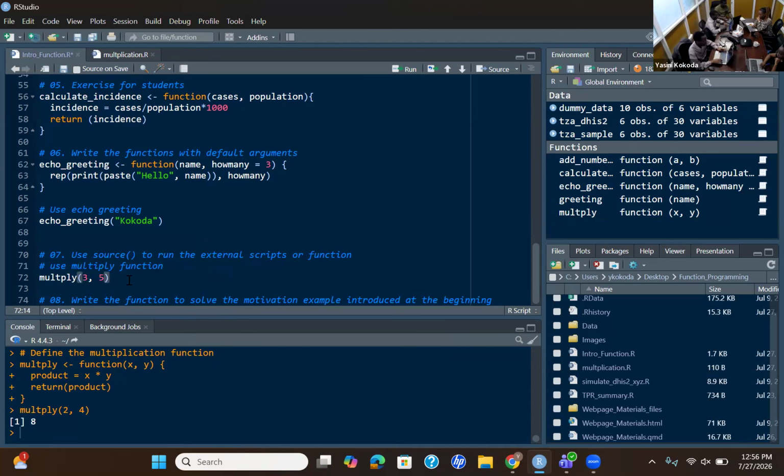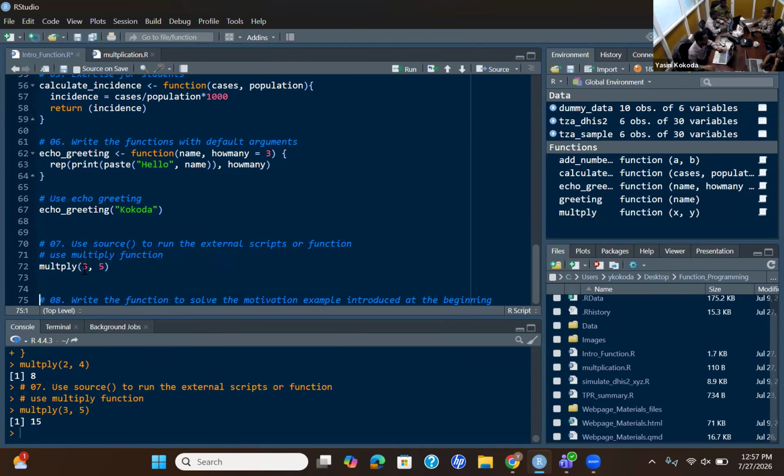I want to multiply two numbers, 5 and 3, and in this case you should have 15.